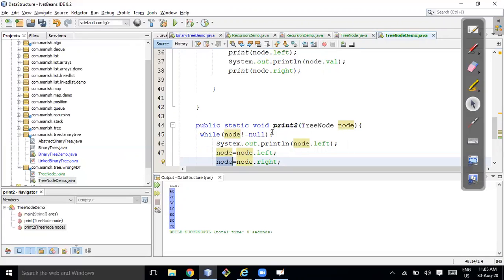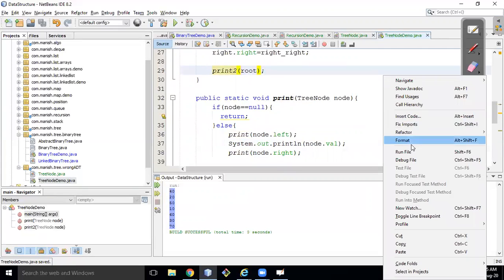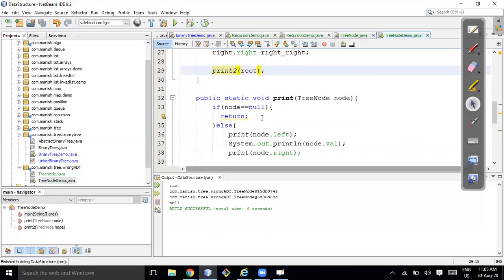So it is difficult to solve this problem iteratively, because you don't have context of the previous node. You have to return back, right? In case of post-order, you have to write the parent node at the end, so you need to return also. Even if you do something like this, you can only print the left child. If I call print2 here, it will only print the left child.